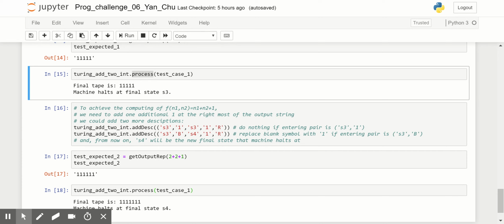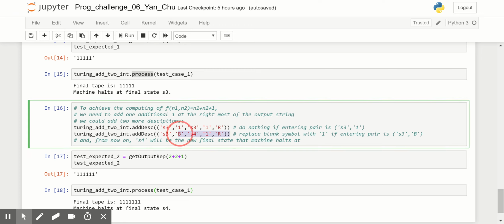And then to solve this exercise problem, to compute n1 plus n2 plus 1, we need to add one additional 1 at the rightmost of the output string. To achieve that, we need to add 2 more descriptions to this Turing machine. For the first description, the operation is to do nothing if the entering pair is